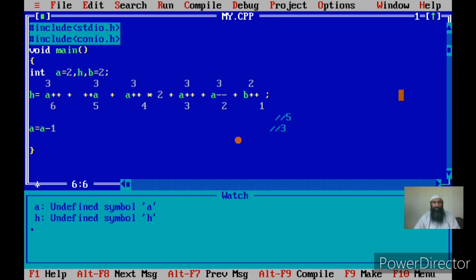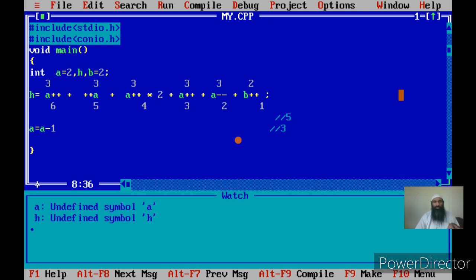That will increase the value of a to 5, and we have one pre-incrementation, that will add one more 1 to a, so it will be 6. But since there is one decrementation on a after the assignment statement, it will finally become 5. I hope you have understood up to this stage.